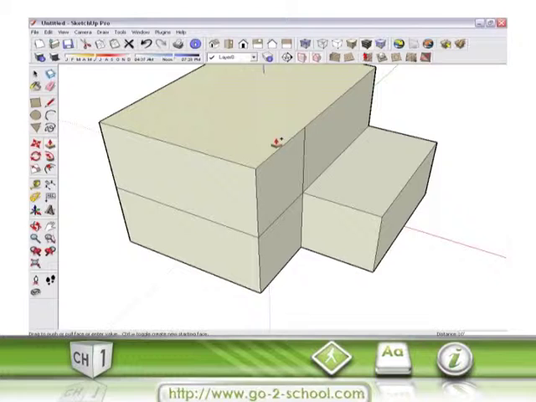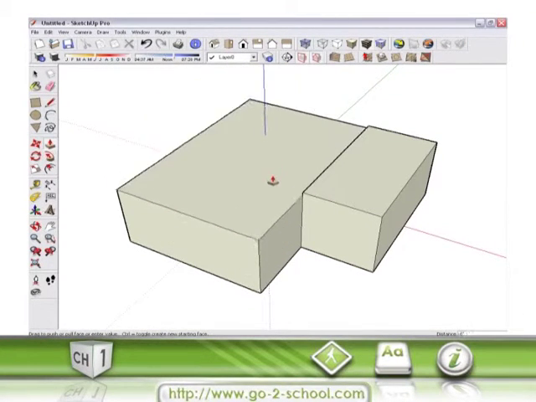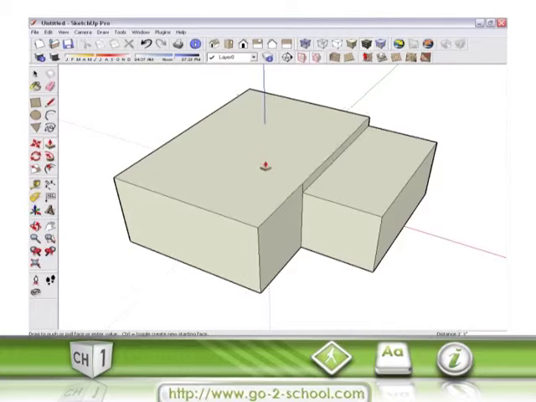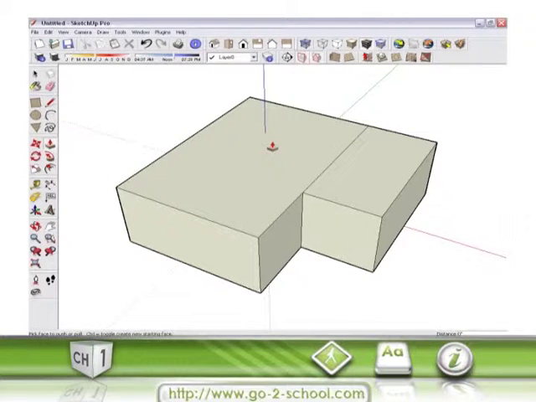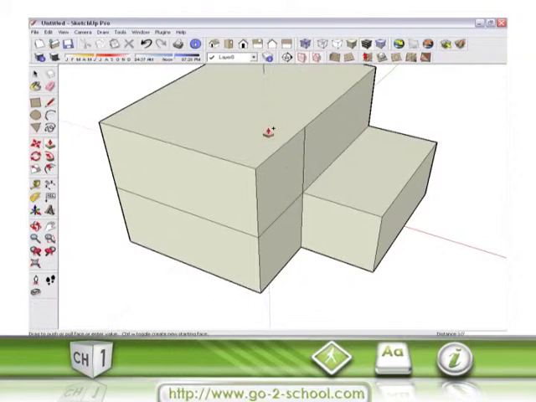Last time when we were push-pulling, if I just go ahead and undo back here, a quick little Control Z or Apple Z. If I just click and release with push-pull normally, I'm either just pushing or pulling that surface. Hit escape to drop it back in place. If I hold down the Control key, or again the Option key on a Mac, first, that plus symbol is going to let me make a copy of that surface as I push-pull it. So when I type in 10 feet, I've actually got, in some ways, kind of like a second story of